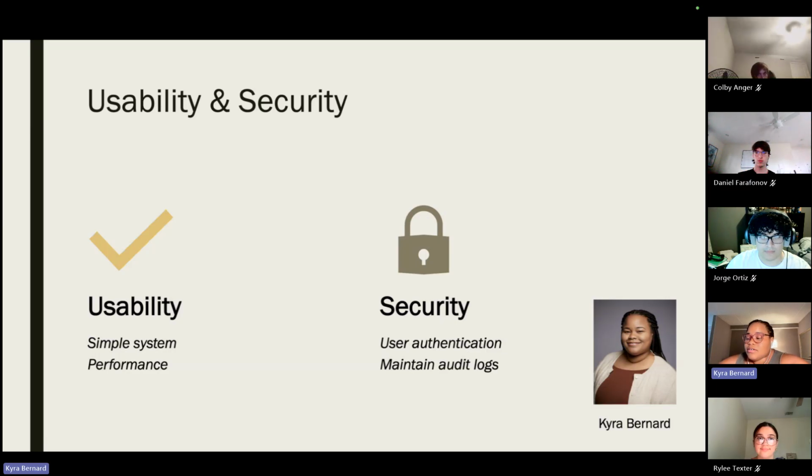Security measures that we are going to try to enforce: the system is constructed to require authenticated users access. Personal information shall only be accessible to authenticated users, and the system shall maintain audit logs. Audit logs will help keep history of what went wrong and who did what. This allows for records of system events.